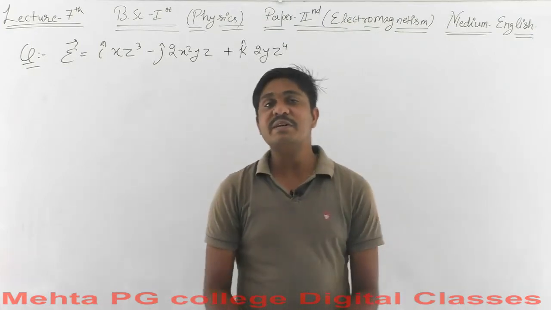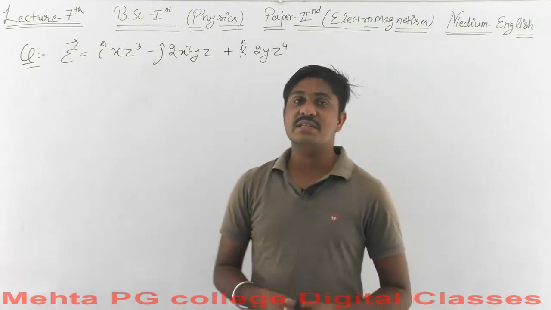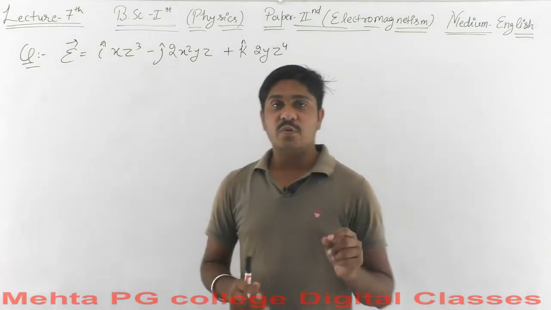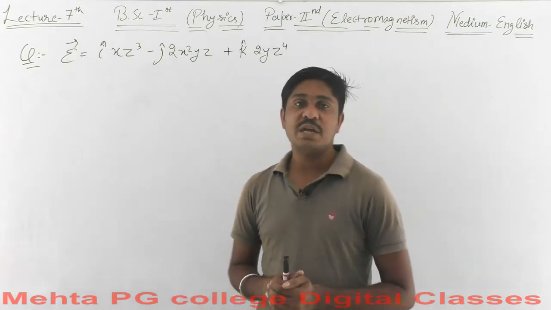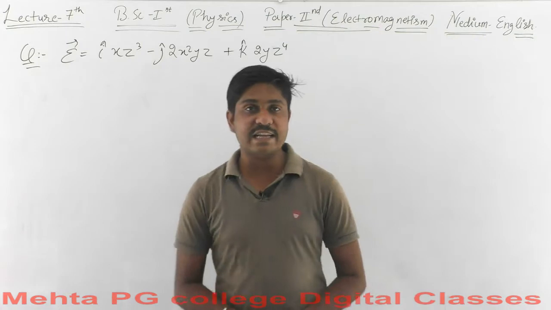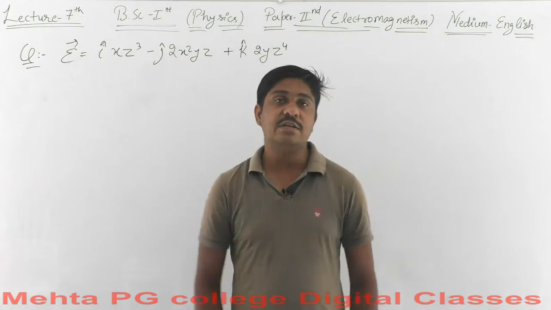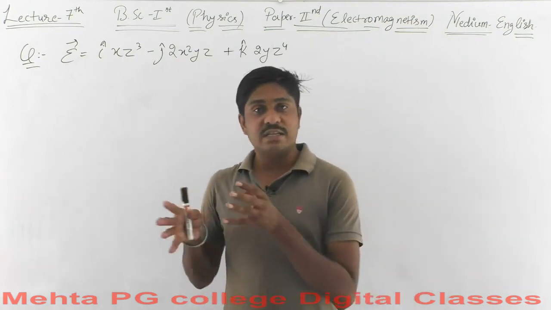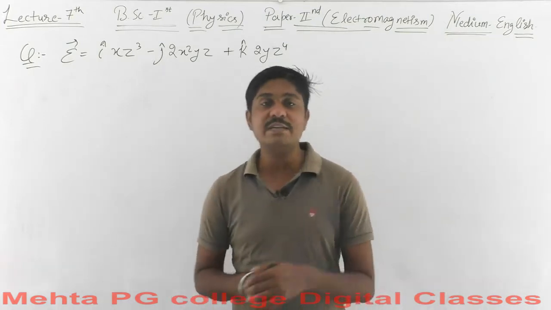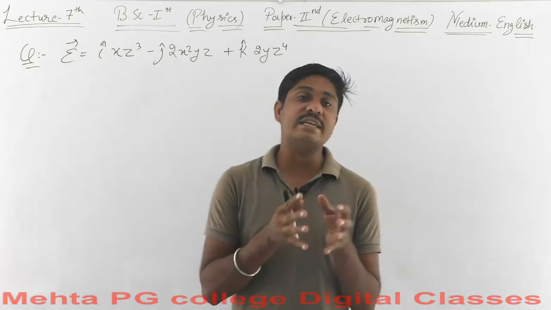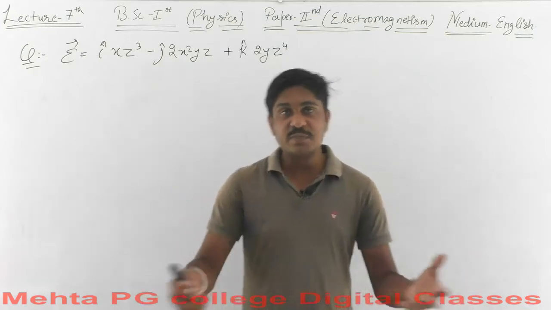So students, if you remember lecture 6th we recorded yesterday, in that lecture we discussed the gradient of a scalar field with some mathematical expressions, that is, how you find the gradient of a scalar field. So let's proceed with our calculus further and talk about divergence of a vector field and curl of that vector field. Today in this video we will talk about how to calculate divergence of a vector field and how to calculate curl of a vector field, and then we will go through some vector identities, some vector product identities and some of these. So let's begin with the video.